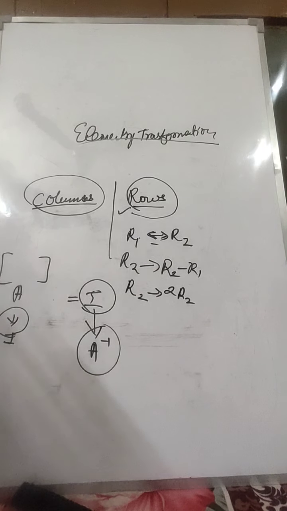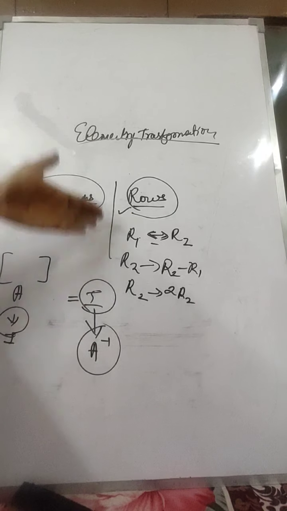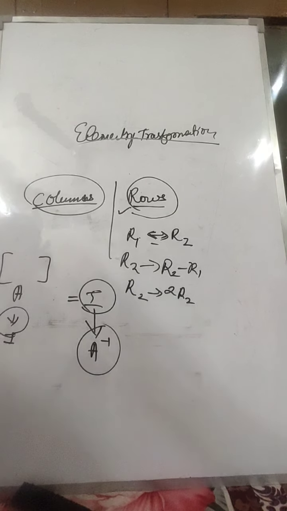Now, why are we using elementary transformation? Whenever you need to convert your matrix into another matrix, or convert your A matrix into the I matrix, you use elementary transformation. We basically use elementary row transformation, because column transformation becomes a bit difficult. Keep in mind that a question will be asked in either a 3 cross 3 matrix or a 2 cross 2 matrix. So you have to keep in mind that you always work in a triangle.